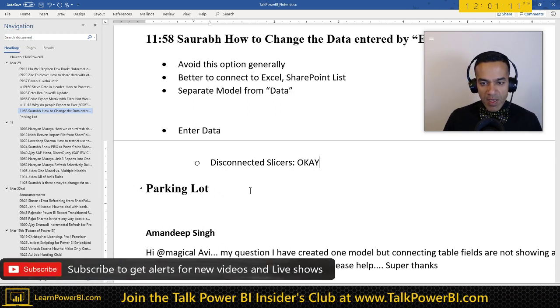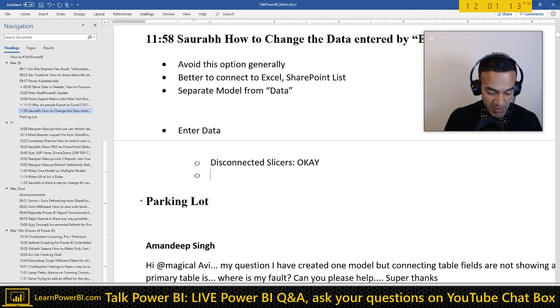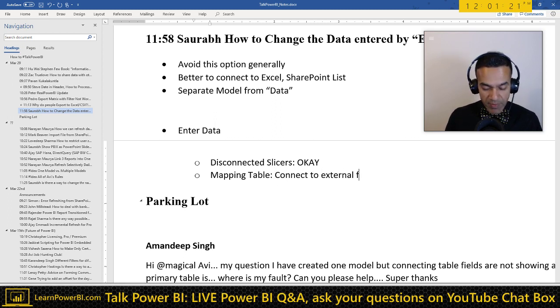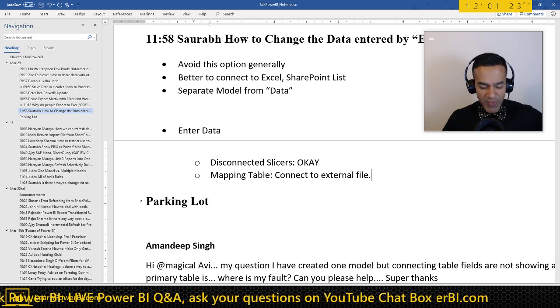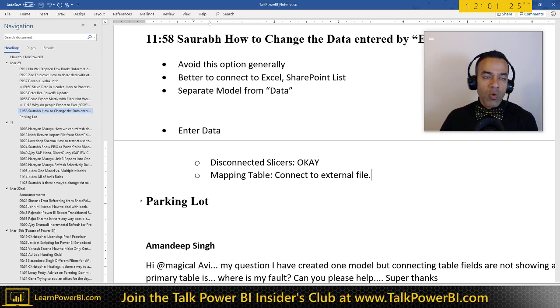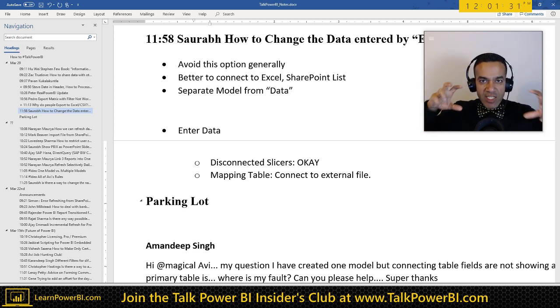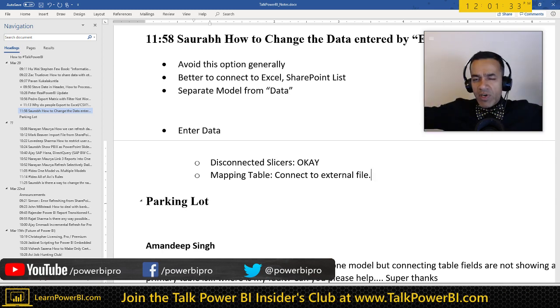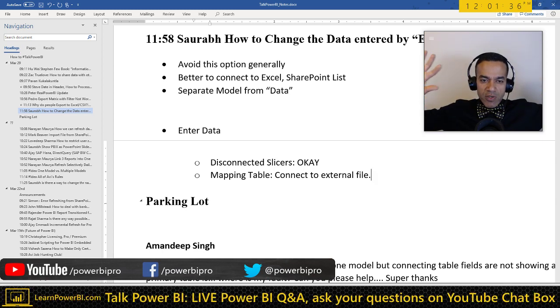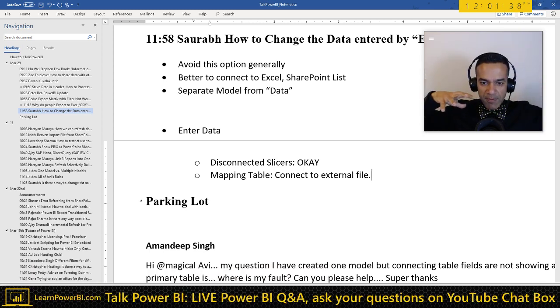But if it's something else like a mapping table or something like that, connect to an external file. So let's say you build a mapping table, and I love these ones. So let's say you say, oh, all the product names in the system are right, but this one is wrong, or this one needs to be mapped to this category, or this country needs to be mapped differently. Whatever, there's like thousands of scenarios where you would use something like this.